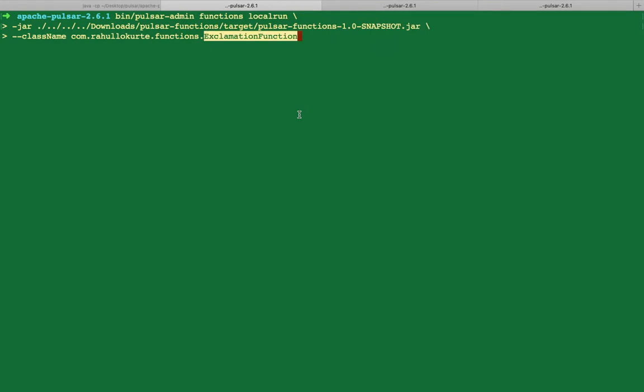We will give the full path here, and then we need to provide the topic names. We can give multiple topics, but for our example we just need one topic where we publish the message. So if you do persistent, sample is our tenant, and this is the namespace.